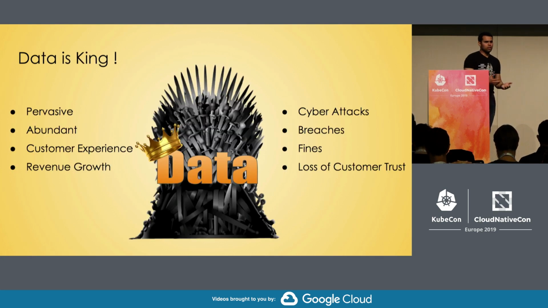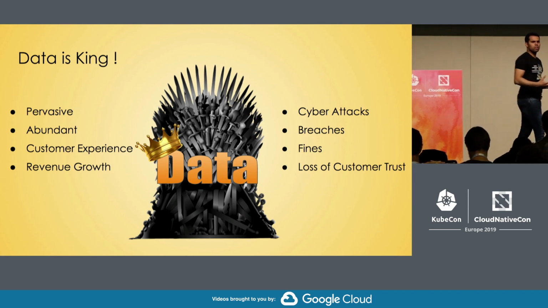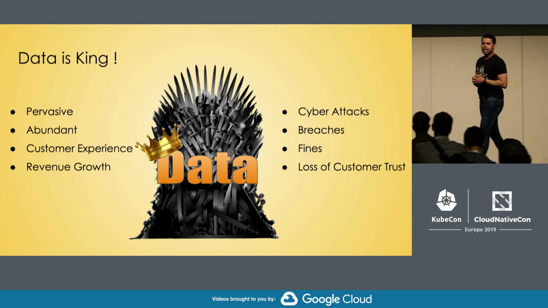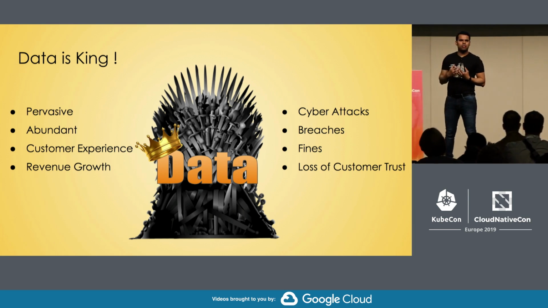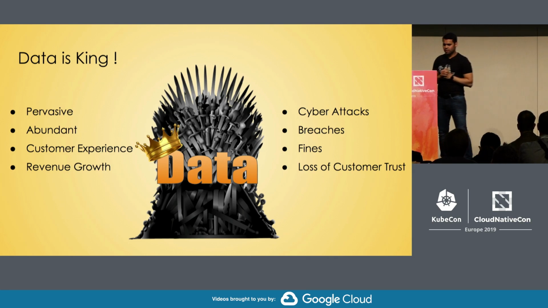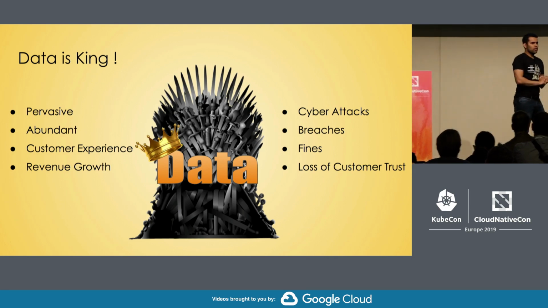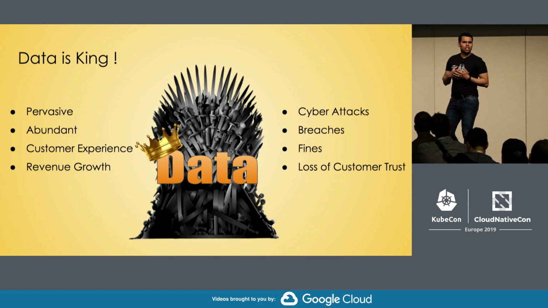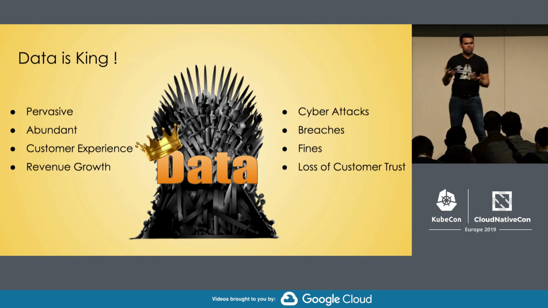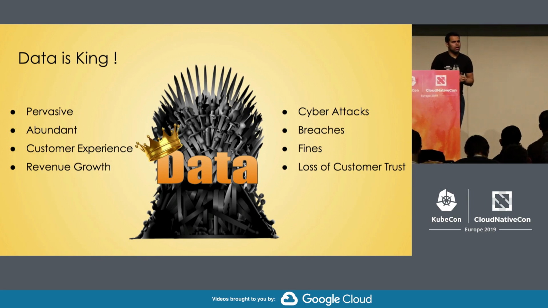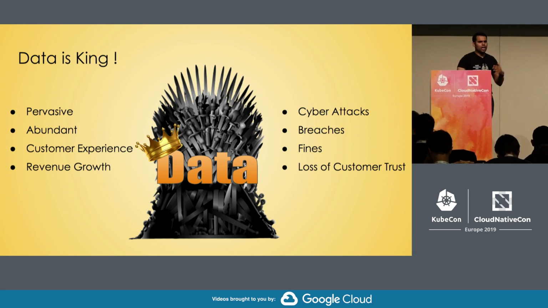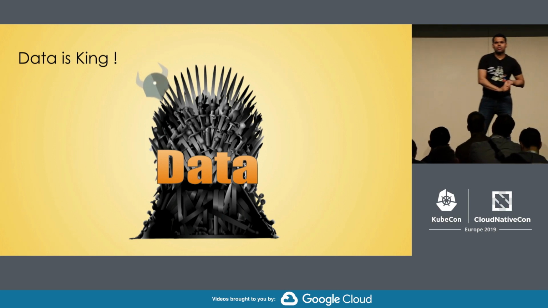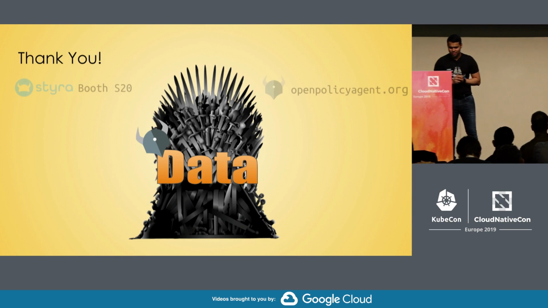And so this is what we started with. We said data is king. We said data is everywhere. It's super critical, it's super sensitive, and it's really important. And so data security is a big concern, and it's a really important thing that you need to address. And then we saw how OPA, the open source general purpose policy engine, can provide a framework which can do uniform policy enforcement across the stack in multiple systems. And so I hope at this point we can update this figure a little to replace it with our favorite policy engine, the Open Policy Agent.